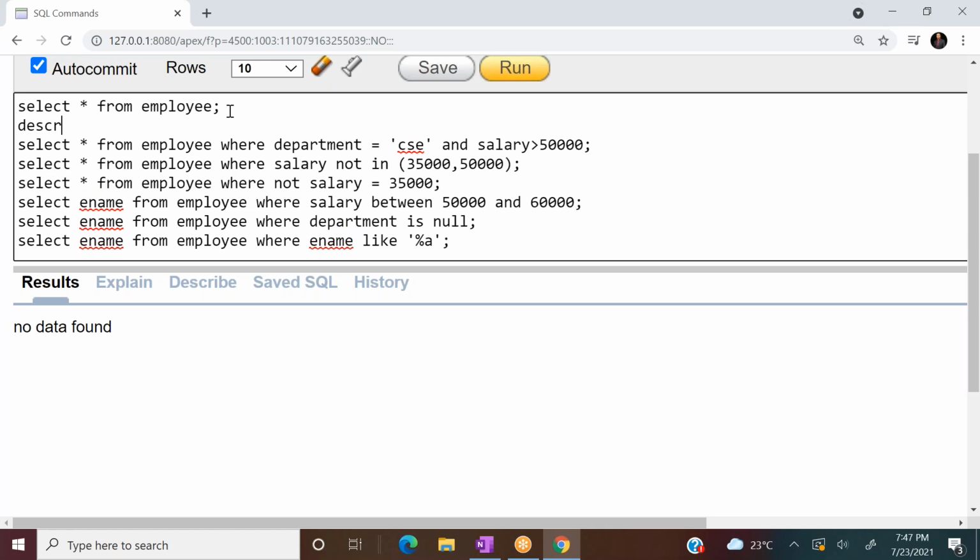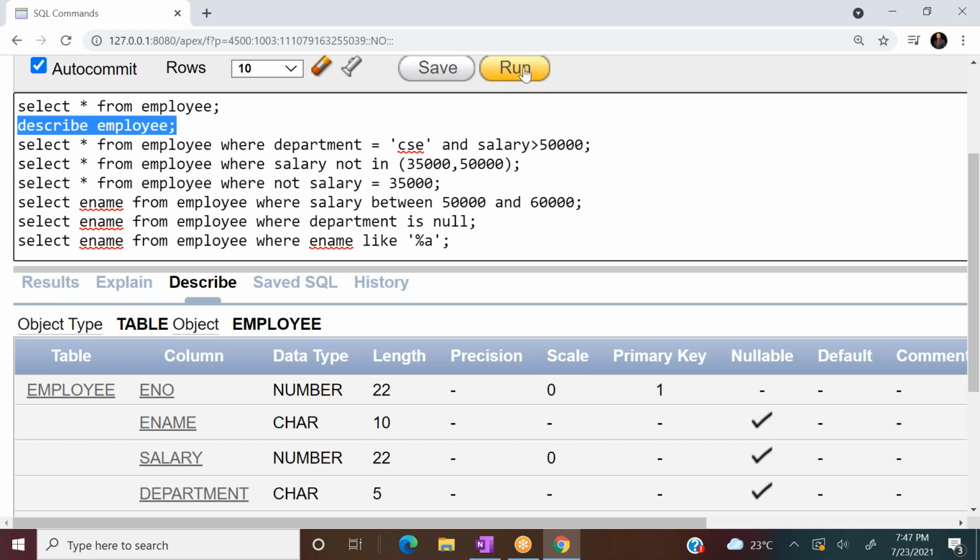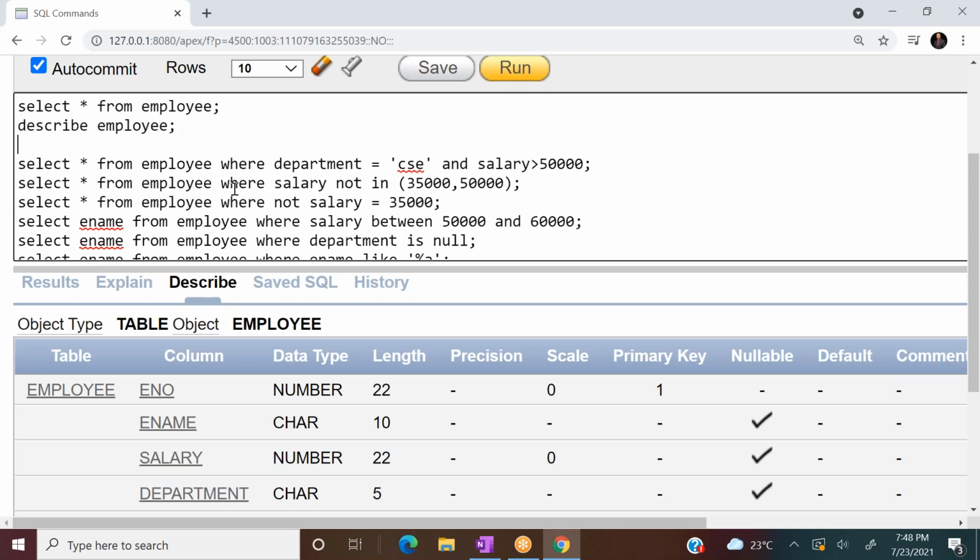How to check the domain of a table, the domain of attributes? We have to use describe table name. Now look at the table: the employee table. When I describe this employee table, here I got enumber, ename, salary and department. Now look, ename is char of 10 characters. The char data type is a fixed length character data type.